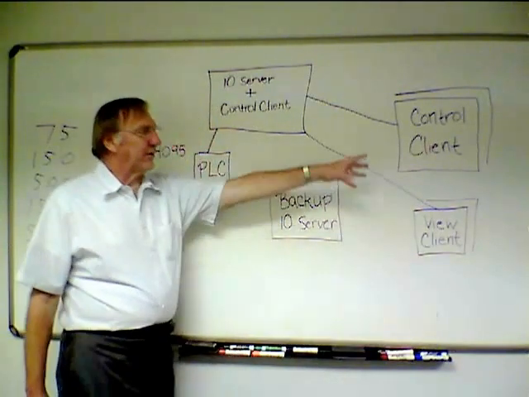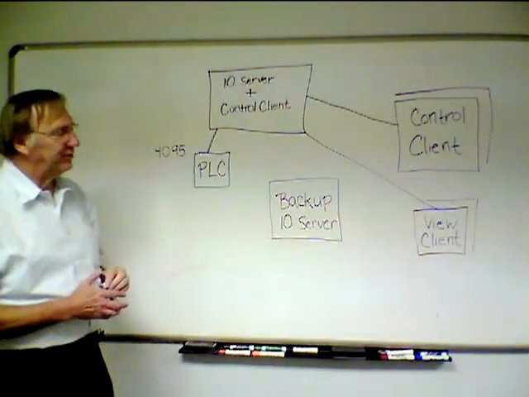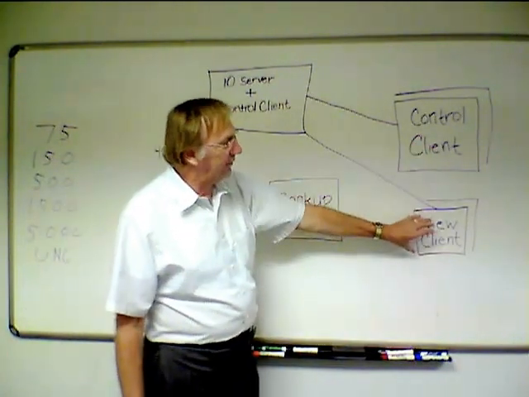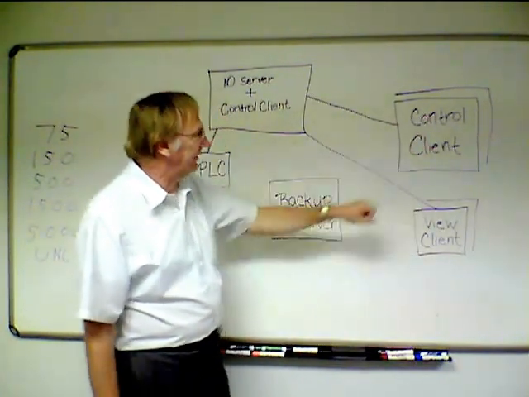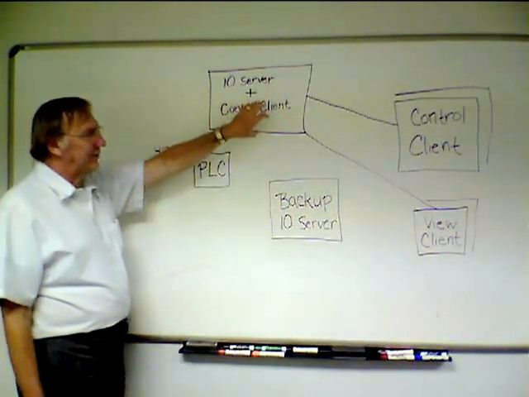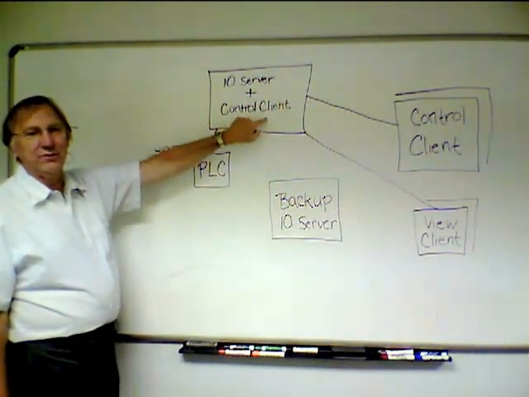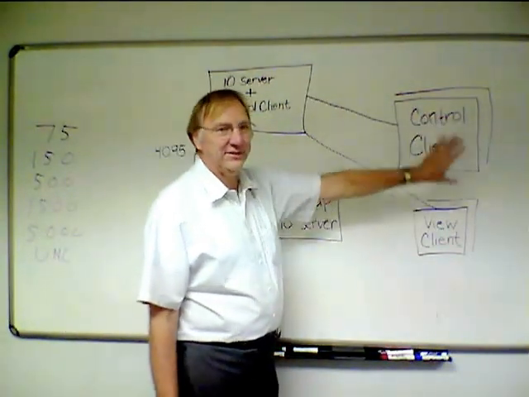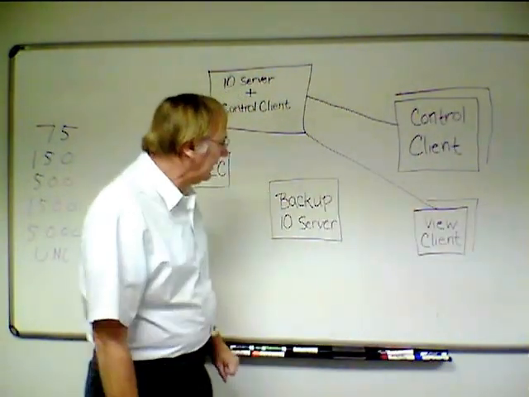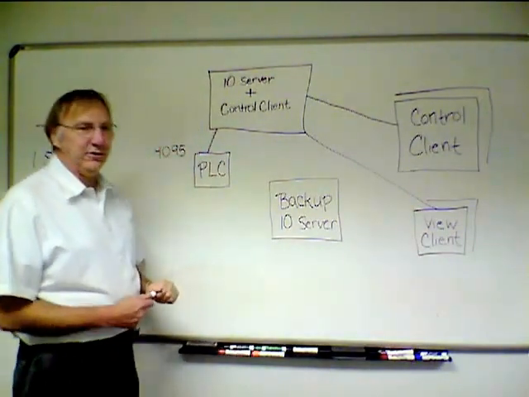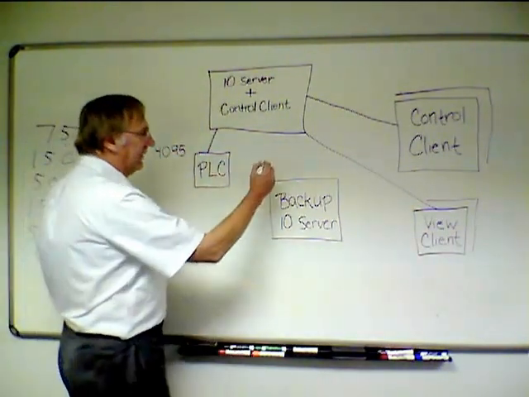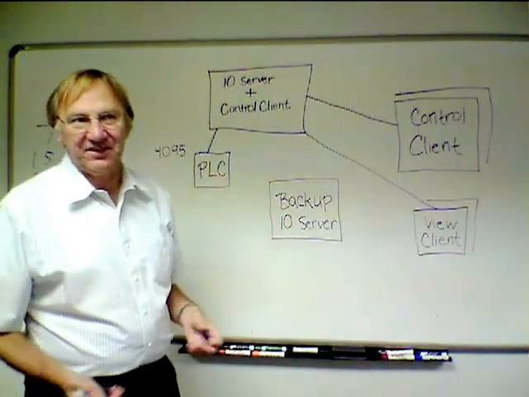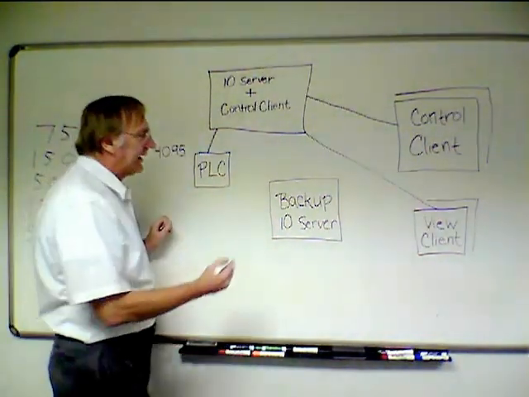Now, if you look at this overall design, one of the first things you will realize, you'll say, well, this is all great because we can add all these view clients, add all these control clients, going back to the I/O server. But what happens if the I/O server breaks? Then obviously, all these guys would lose their information. So, in that case, what we would do is add a backup I/O server. And all large Cytec systems, as large 4, 5, 6 computers will have a backup system.